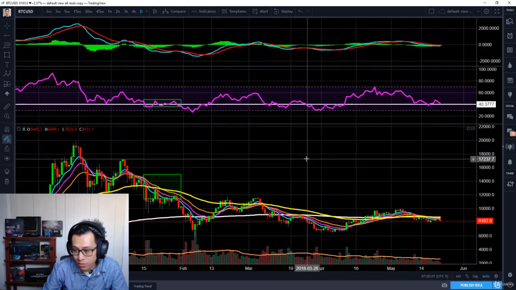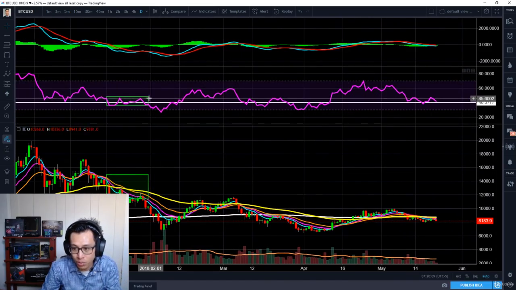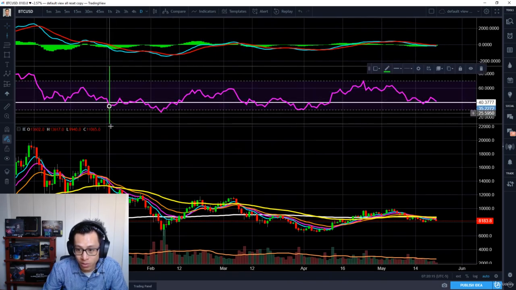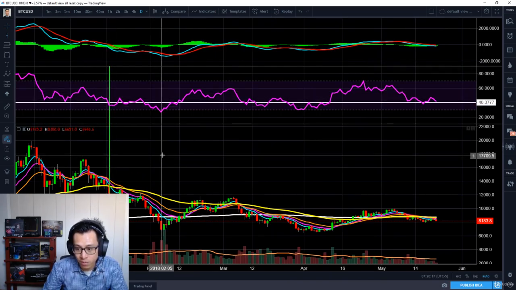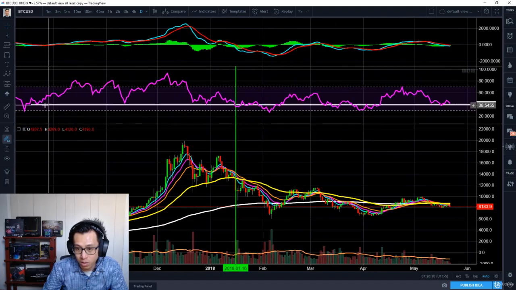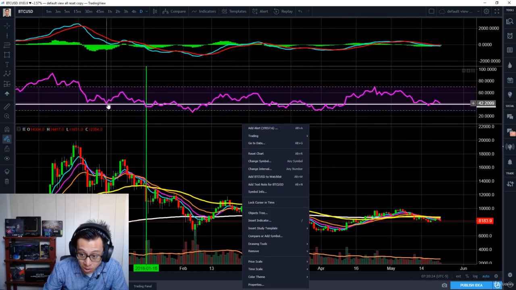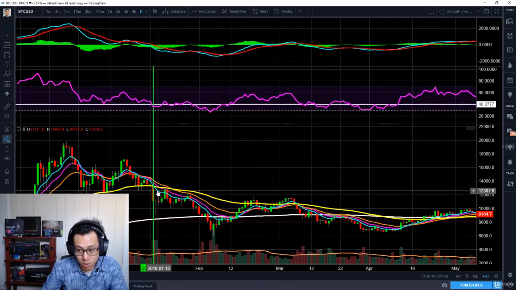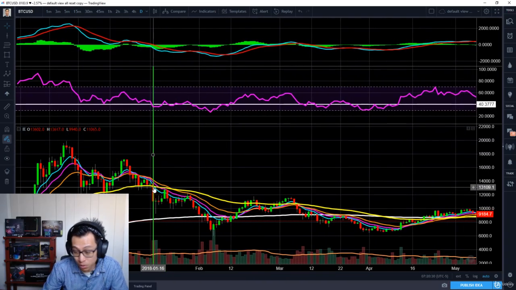So if you look very closely, the moment that it actually broke this RSI support, I'm going to put it up here with the line for you to see, was right here. Right around this region. You notice it? This is RSI support. That's RSI support. This is RSI support. But the moment that it broke below it, it was also the moment where it heavily broke below the 55